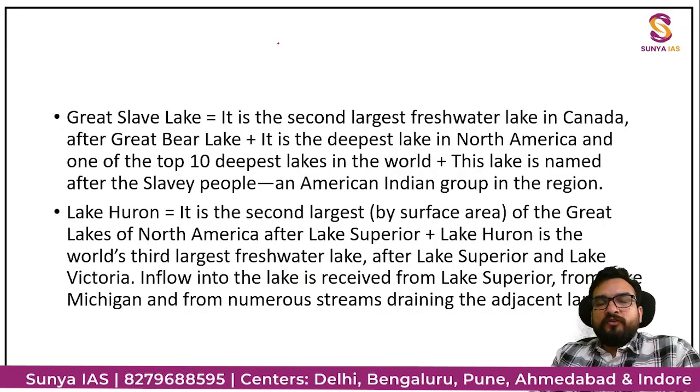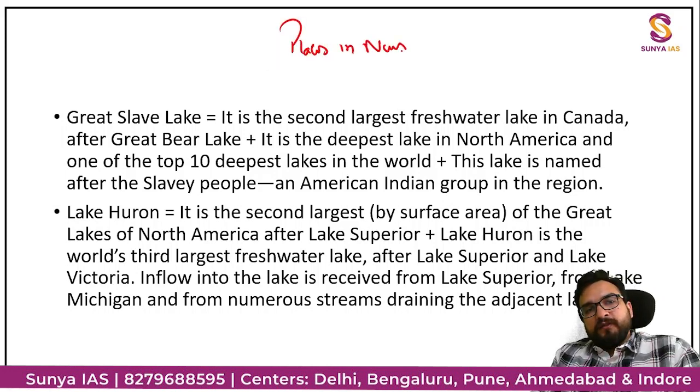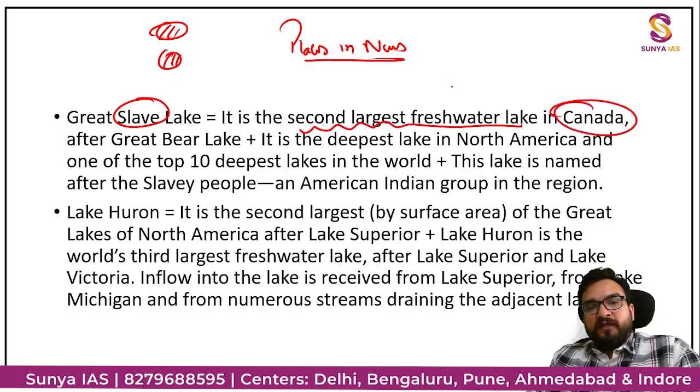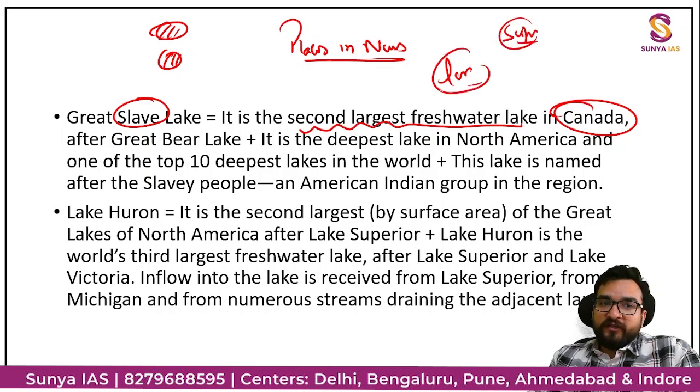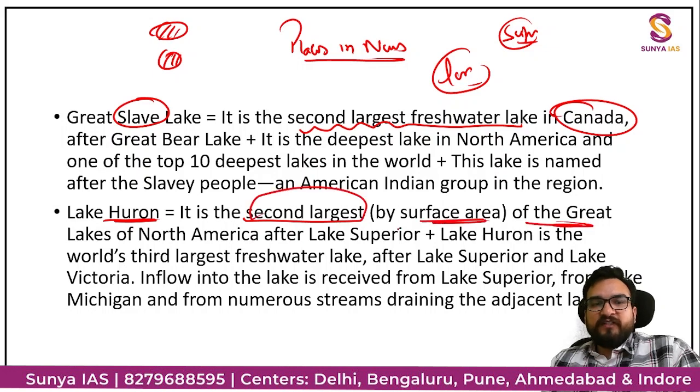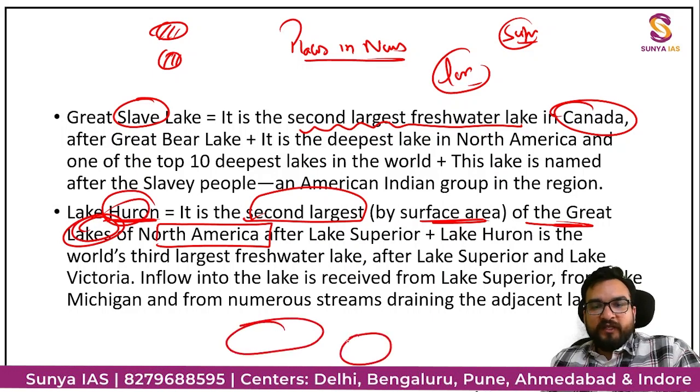See these two lakes which we have seen were present in news also. So these are the places in news, guys. Great Slave Lake we have seen. किसके नीचे, बियर के नीचे स्लेव दिखा था. तो इट इज द सेकंड लार्जेस्ट फ्रेश वाटर लेक इन कनाडा. लार्जेस्ट फ्रेश वाटर लेक ऑफ द वर्ल्ड इज योर लेक सुपीरियर, ठीक है. तो ये इसमें कंफ्यूज मत होना, ठीक है. यहाँ लेक हुरॉन, it is the second largest by surface area of the Great Lakes of North America. तो ये second largest North America में, as I have told you. Superior, Huron, then Michigan, then Erie, then your